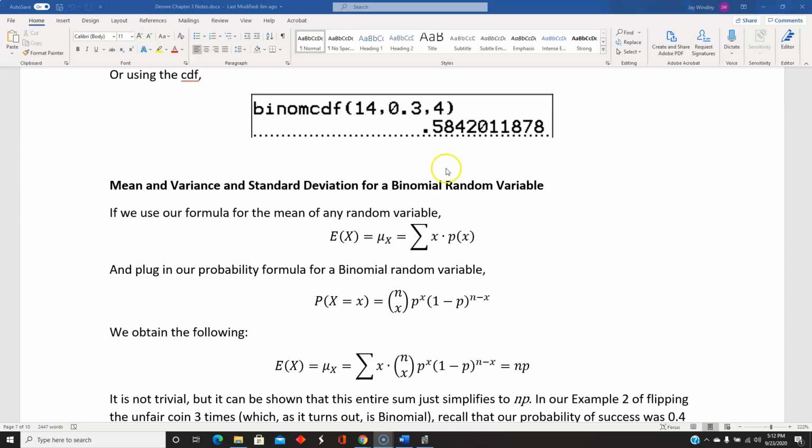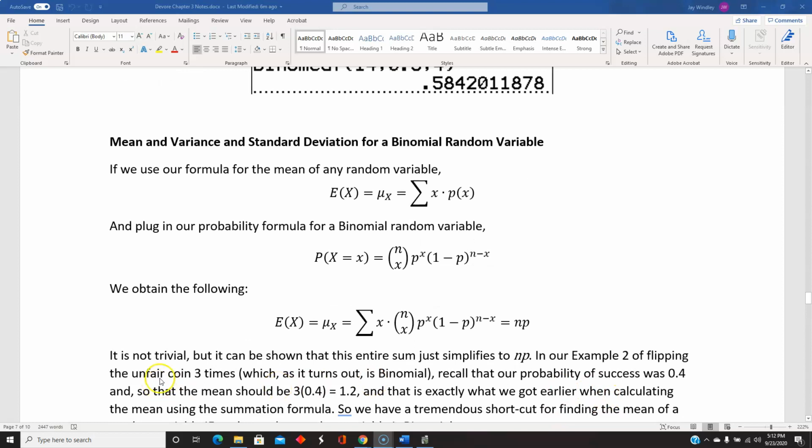In our simple little example, we had flipping a coin, we had 3 trials and the probability of success was 0.4, so the mean should be 1.2, and that's exactly what we got from calculating the mean. So if we know that a random variable is a binomial random variable, then we have a tremendous shortcut